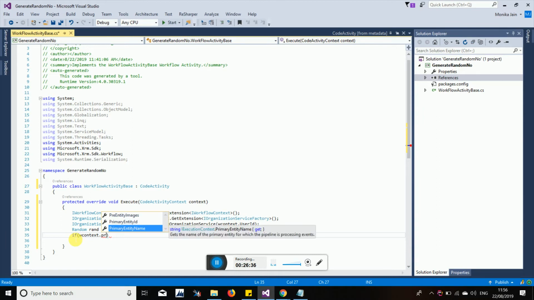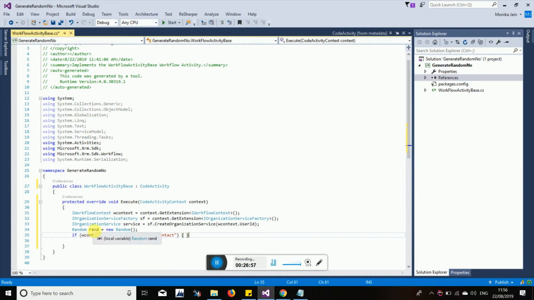Primary entity name equals contact. So we are verifying that this particular workflow is executing on the contact entity only, right? Understood what we are doing here? We are just checking whether this particular workflow is executing on the contact entity or not.